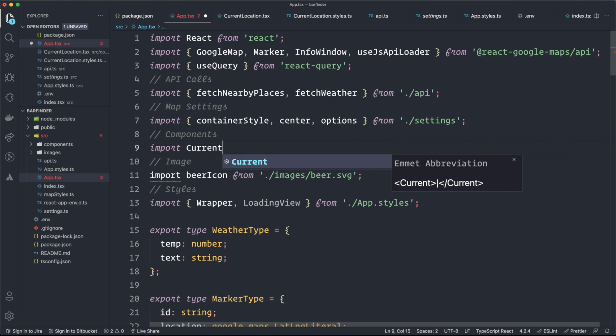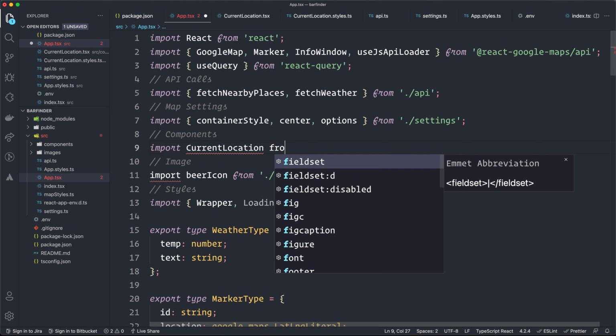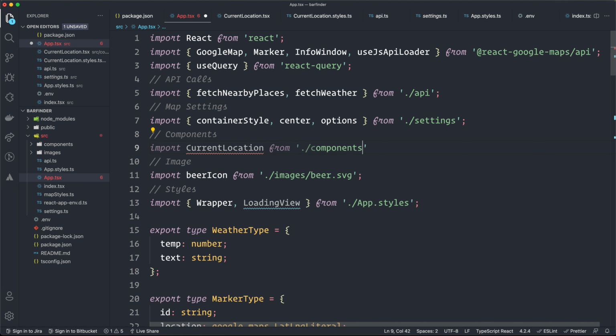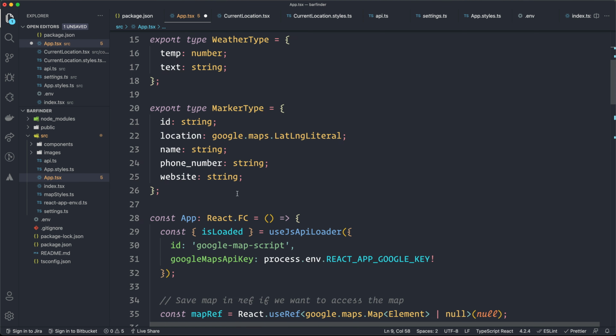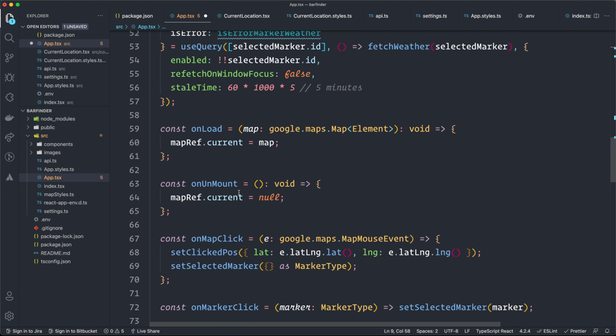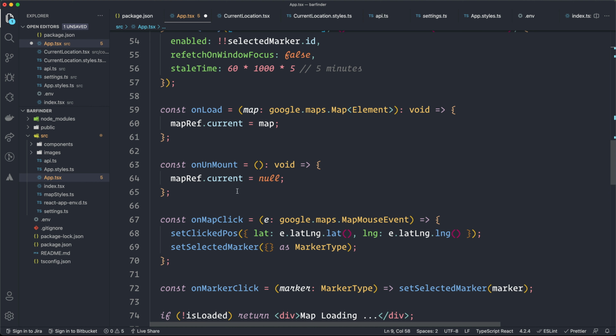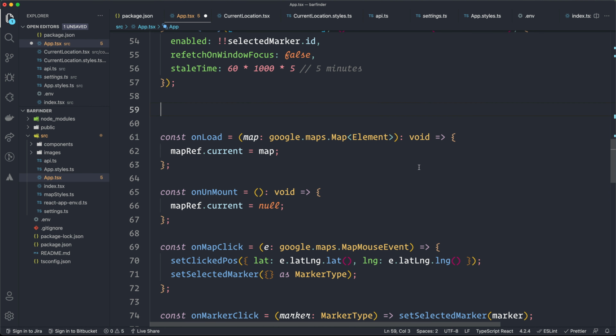So import current location from ./components/current location. All right. So first we have to create this callback function that we called onload. We can do it maybe here. No, it's not called onload. It's called move to and not onload. And we can create it above the onload callback function. So const move to